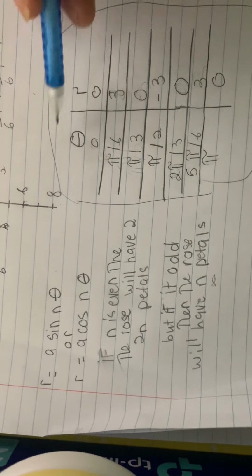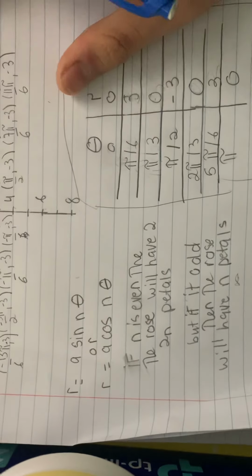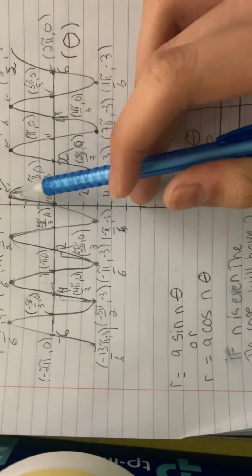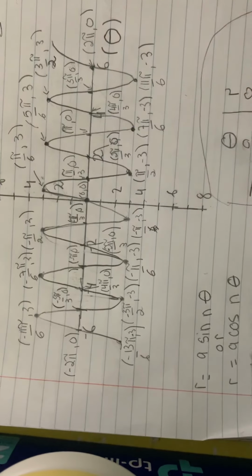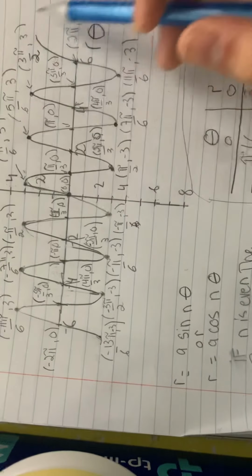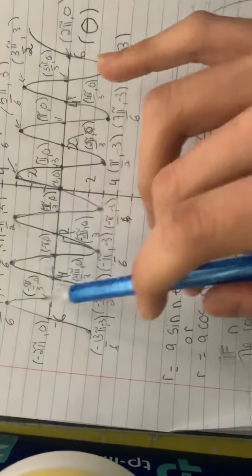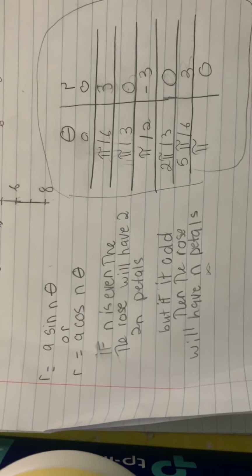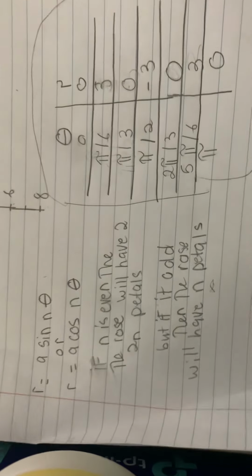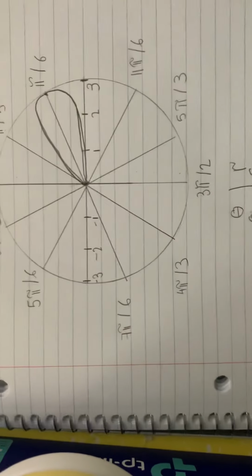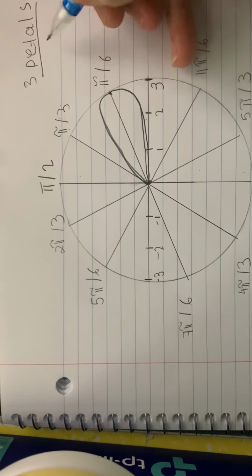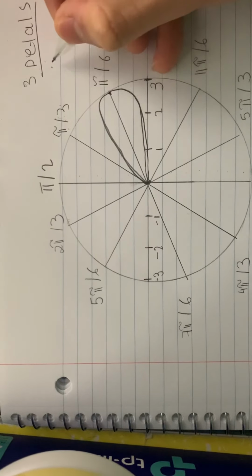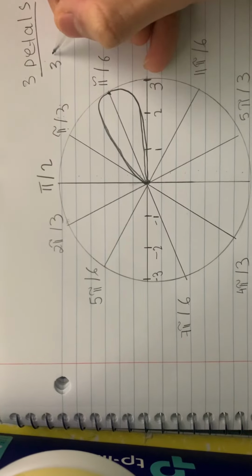And on the right, this is my data. This is just a list of plot points that I plotted here. Every single one of them is only on the right, not on the left, because they are all negative. So we're going to start graphing. Remember that it has to have three petals, because the equation I was given has